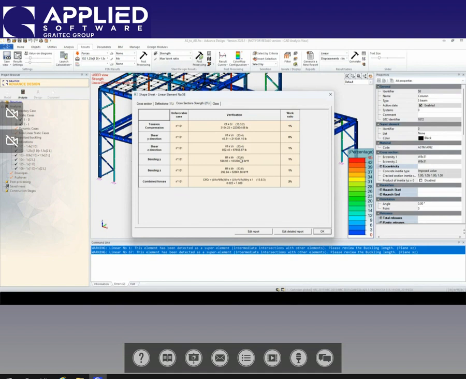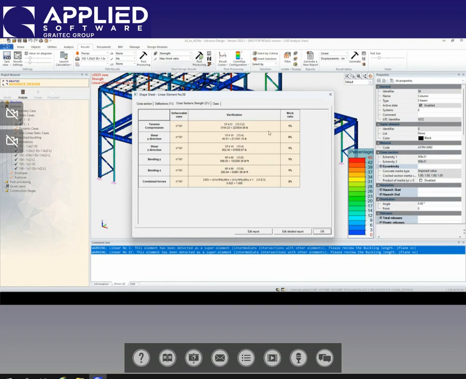In this case, I'm in Canadian code, so it's going to be S16. You see the resistance and applied moment, shear, axial force, and combined here, etc. So that's very easy. And also, if you want to create a detailed report of those, you can just click on Edit Detail Report or Edit Report, and it's going to show you the full report of the